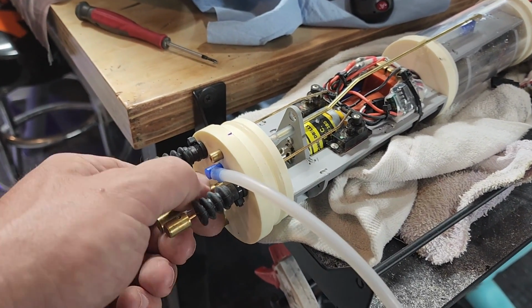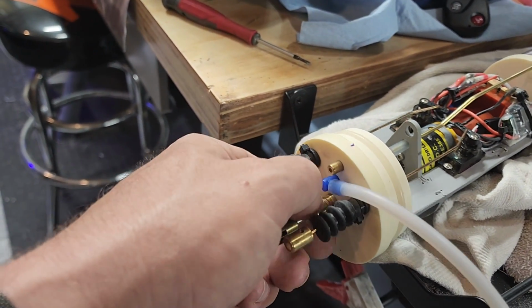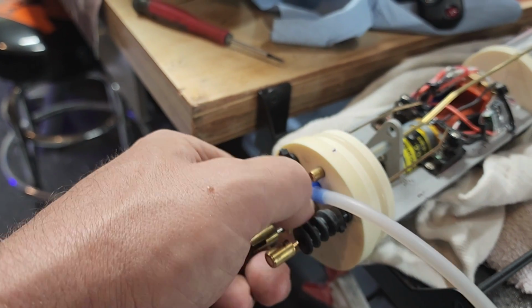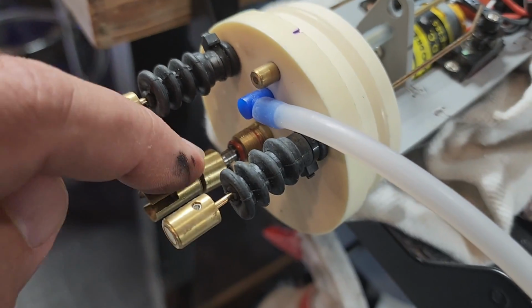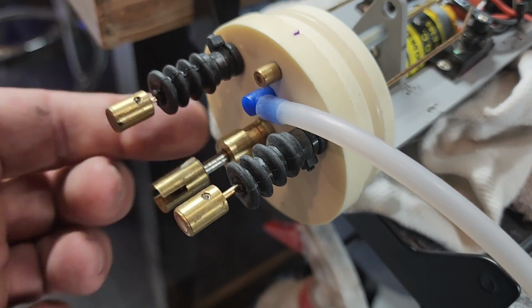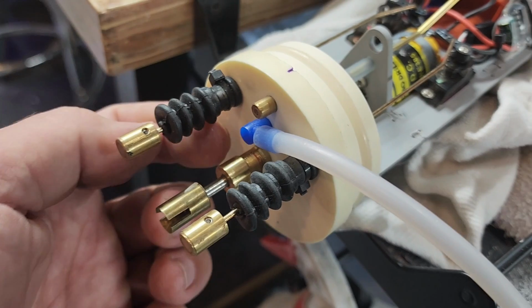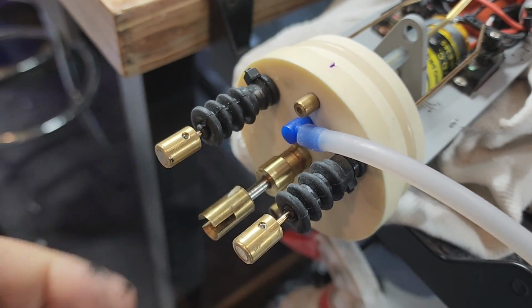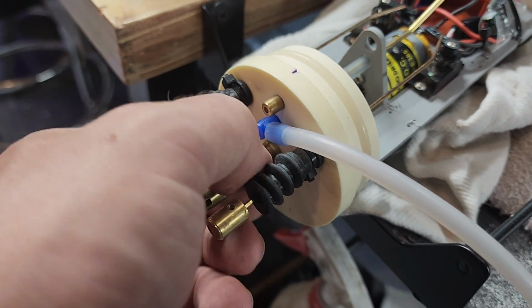Now, I pulled this apart, which just works like this. You can see I had it Loctited on there, a little bit of Loctite to make sure this didn't back out. There's a little seal in there, and as this is turned onto the mounting bushing there, the bearing, it compresses the seal and creates the waterproof interface. But it's the weirdest thing. Even if I just barely have it touching,